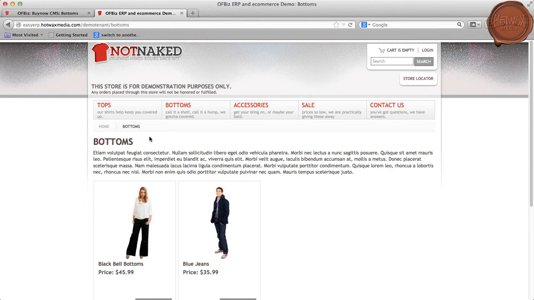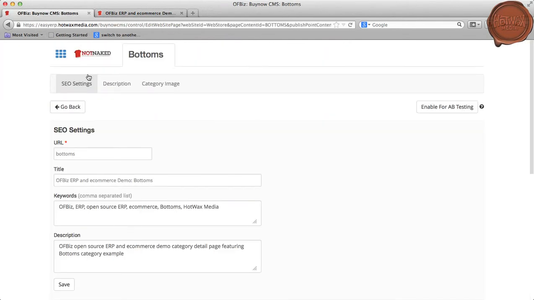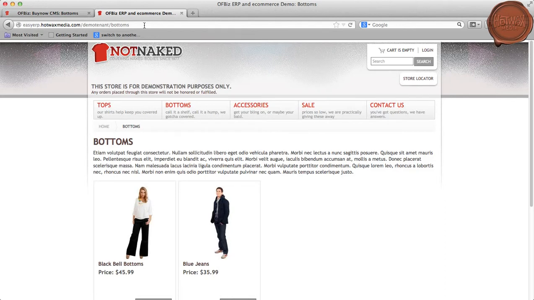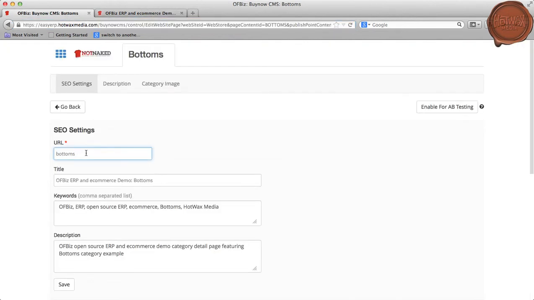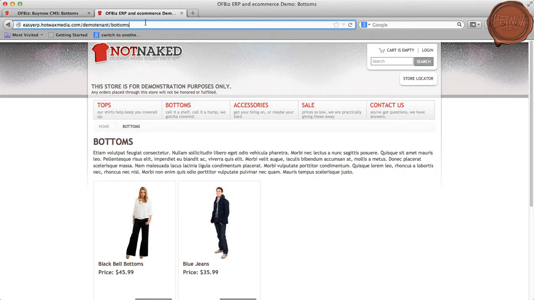Now again moving to the category page. In the SEO settings section, we have the first field as URL. Before we make any updates to the URL field, let's verify the URL over the front store as well. Here we can see that the URL for the category page is the same as the URL set at the category page. Now we would be updating the URL field, saving the changes, moving to the front store, and refreshing the page.